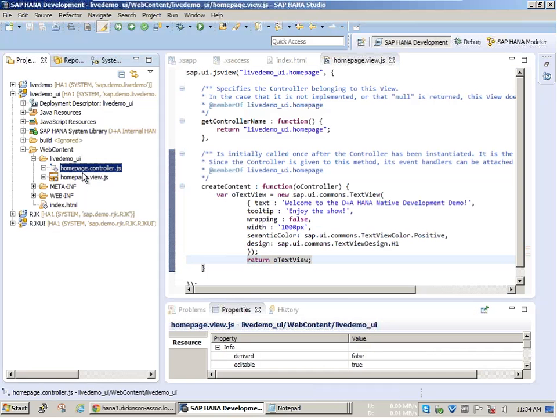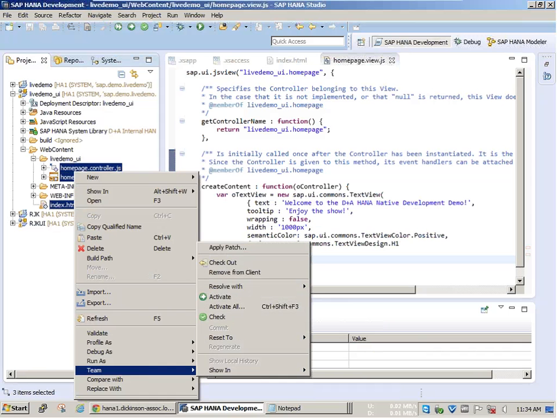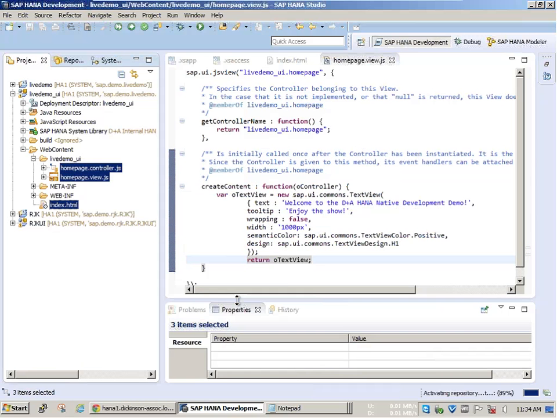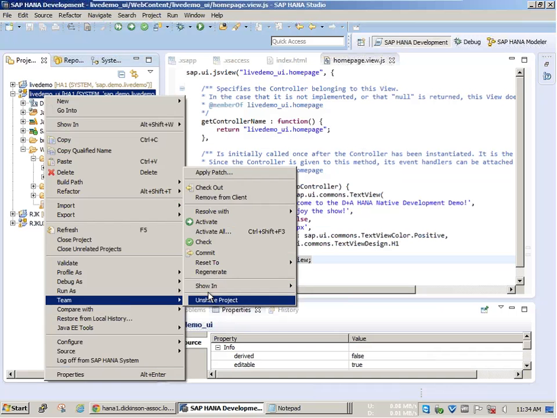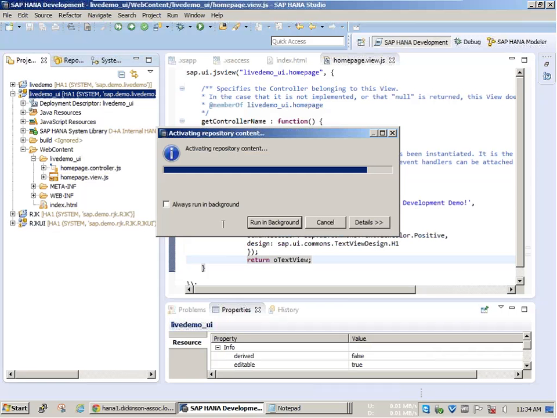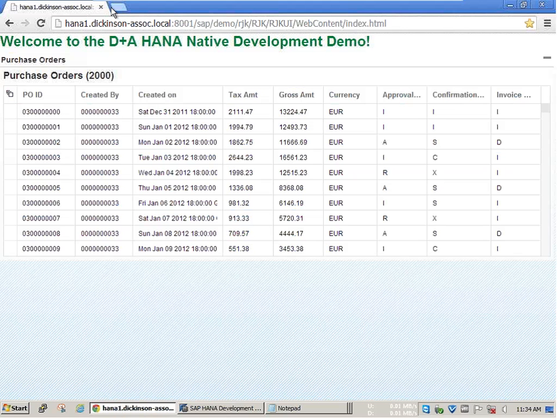So our project's been shared, but like I showed you before, we need to activate it to make it useful. So if I highlight our new objects, they're now all pushed back to the database. And lastly, we need to activate the UI5 project. Okay, that's complete. So now we can jump back to the browser and make sure that our SAP UI5 application